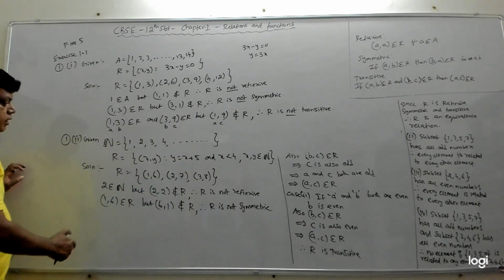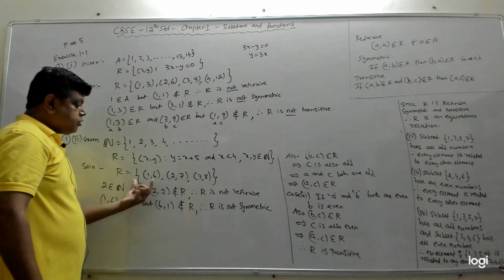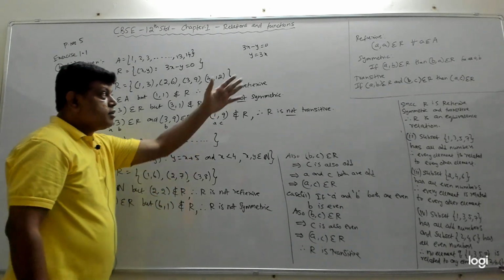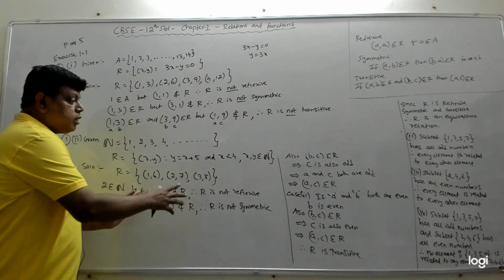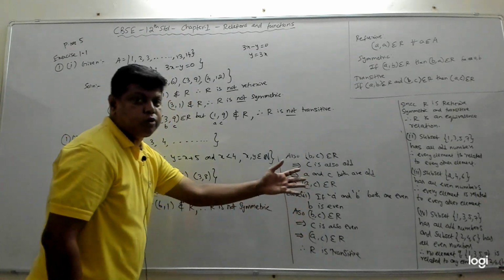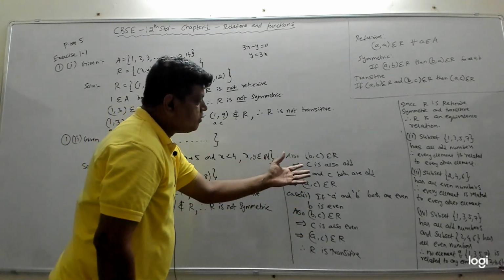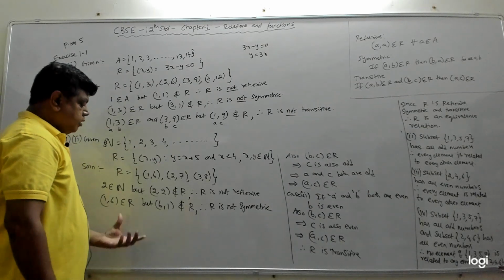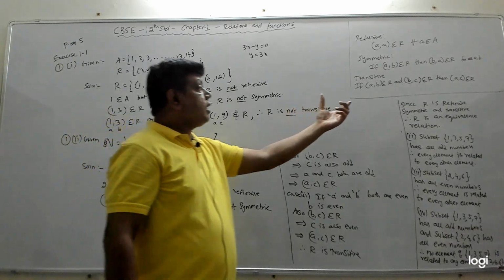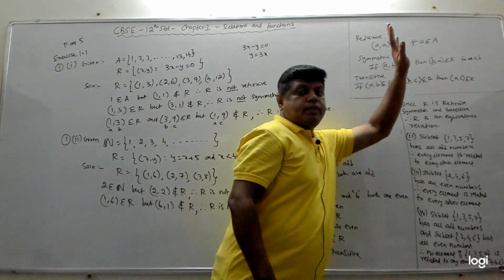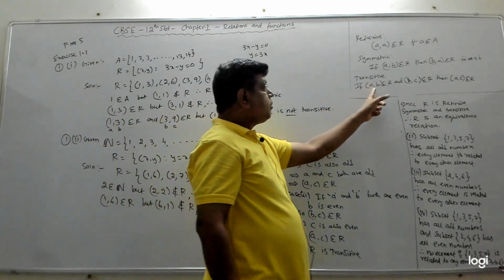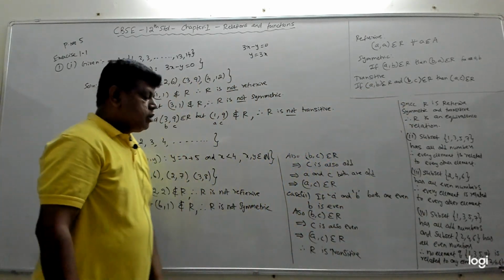Now, for transitivity, what should we take? See, the R has only 3 elements. So, you can check manually whether this condition is satisfied. You need not write a general proof like this to prove or disprove transitivity, you can give an example. Now, we don't know whether it is transitive or not. We will see if we can get any element like this form so that A comma C is not there. First, we should check whether we can get 2 elements in the form of A comma B and B comma C.